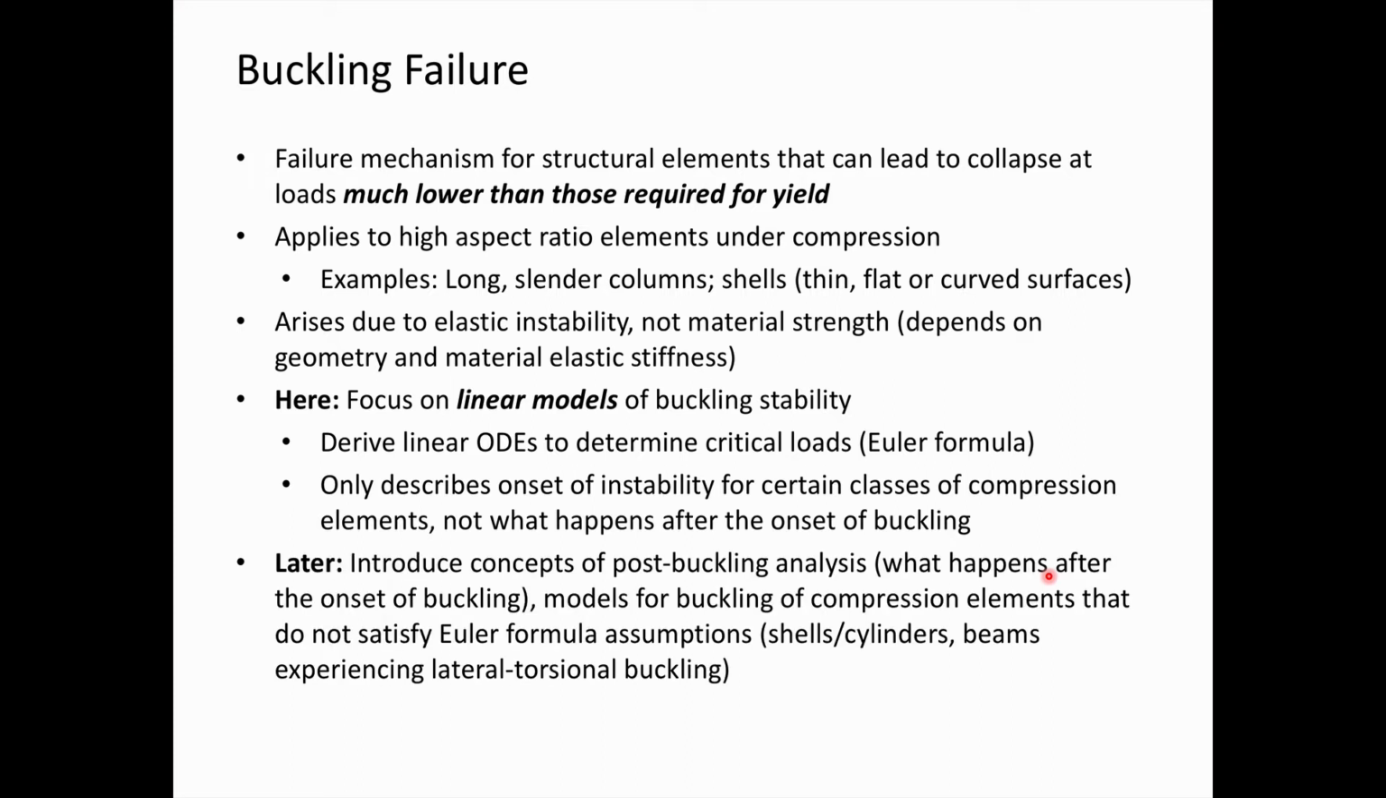That requires different models. Later on, we're going to talk some about concepts of post-buckling analysis, what happens after buckling starts to occur, and models for buckling of compression elements that don't satisfy the assumptions that were required for deriving the Euler formula for buckling. So for example, buckling of shells and cylinders or beams experiencing what's called lateral torsional buckling. We're going to deal with lateral torsional buckling in more detail toward the end of the semester when we're focusing